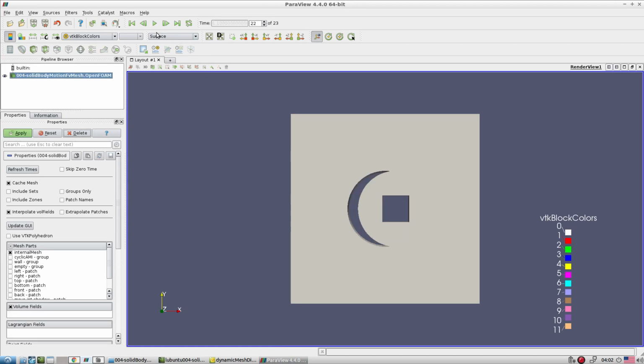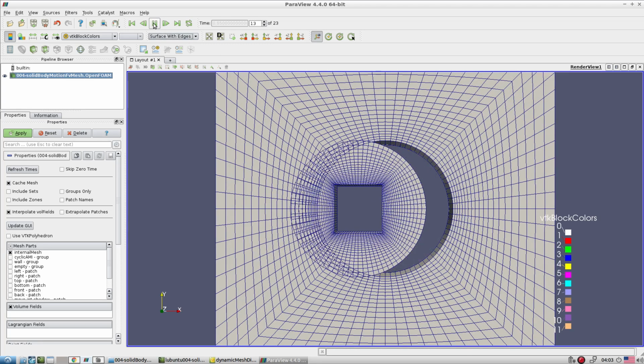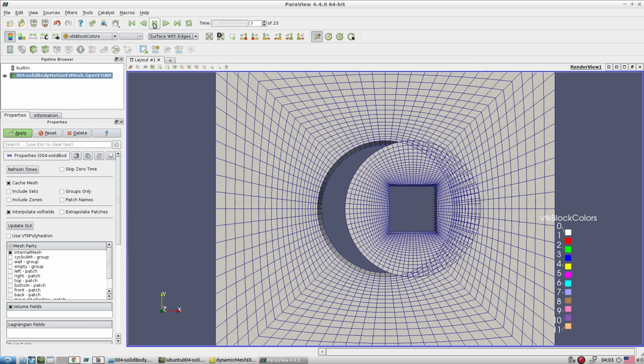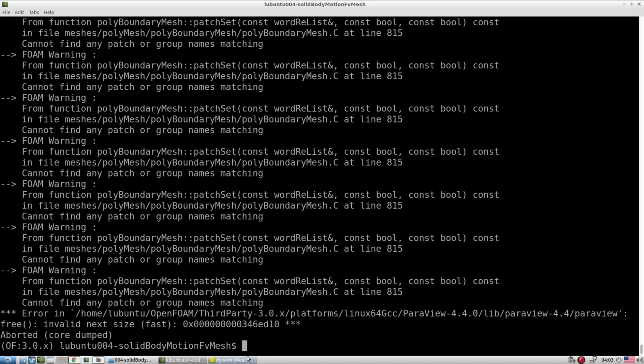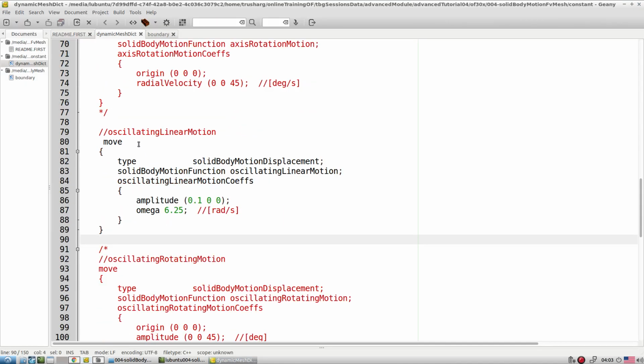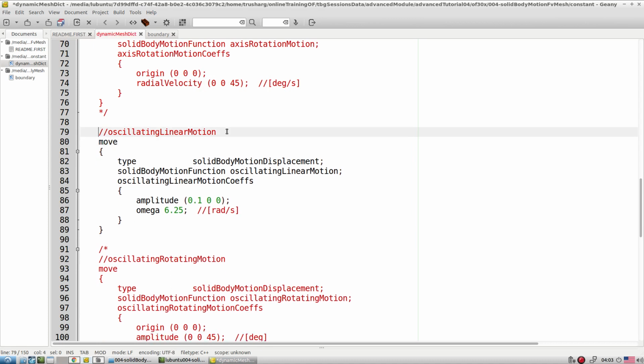So look, this is entirely wrong, isn't it? Because we don't want this gap to be created. That means this class of motion should not be simulated on the cell zone basis. It is supposed to be simulated on a patch basis. That means in the zeroth folder you specify point displacement or point motion displacement, component displacement, and you mimic the similar class of motions. So this goes wrong. Even though it is able to simulate, it is not the correct way to set up the test case for this class of motions.